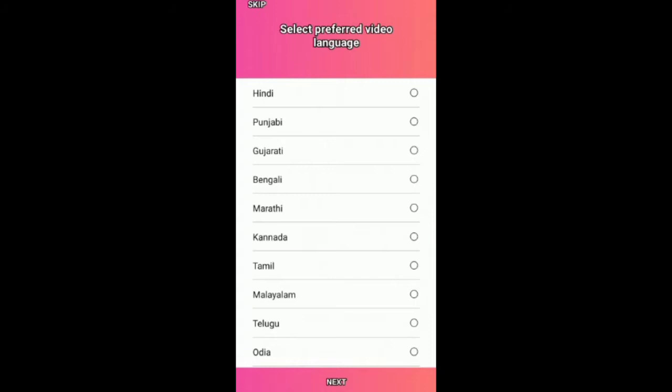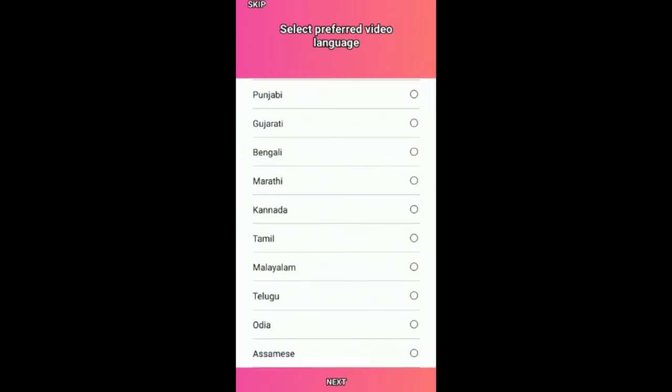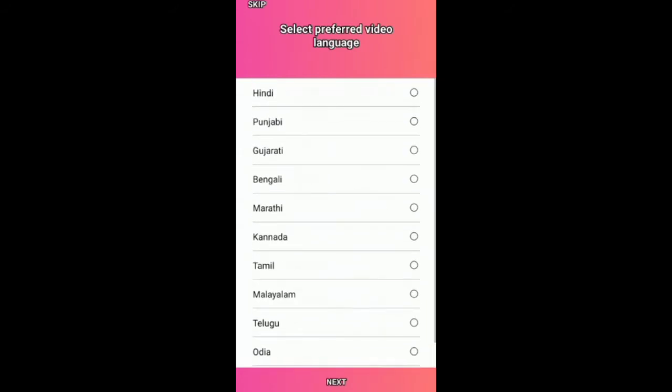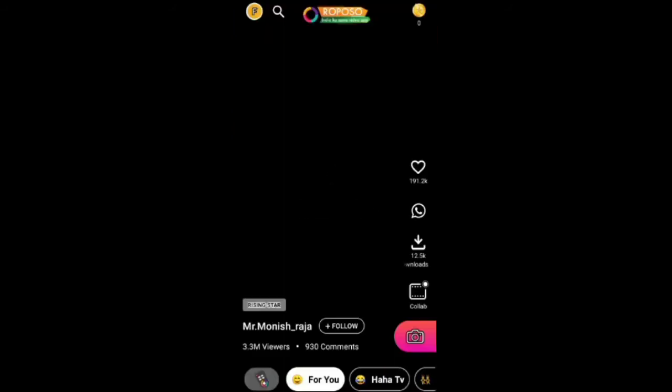Where I successfully log in to this Roposo app, where you can choose any language. I will choose Hindi because it is spoken more. So let's see, Hindi, where we can go into it. Roposo app, very good app. Let's see,